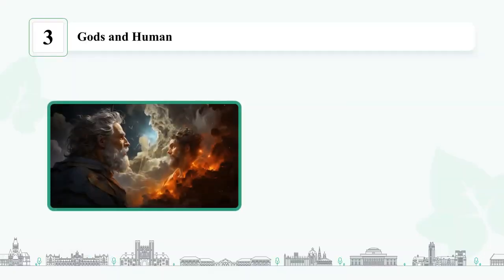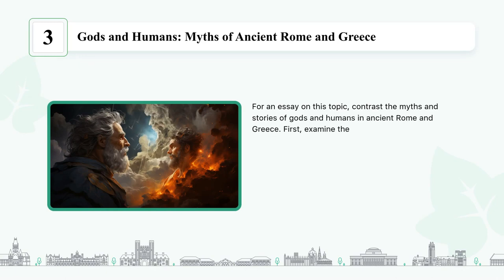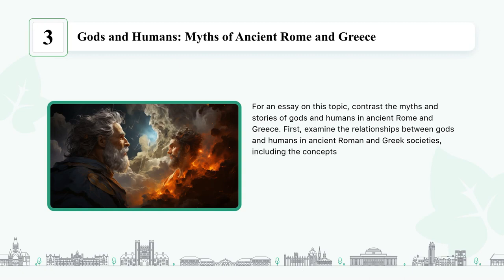Gods and Humans, Myths of Ancient Rome and Greece. For an essay on this topic, contrast the myths and stories of gods and humans in ancient Rome and Greece. First, examine the relationships between gods and humans in ancient Roman and Greek societies, including the concepts of divine intervention,